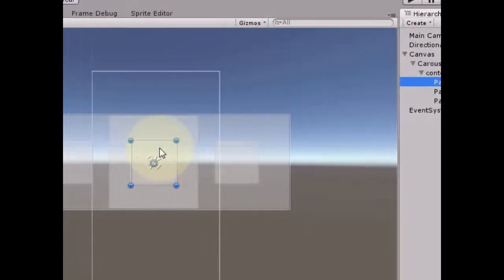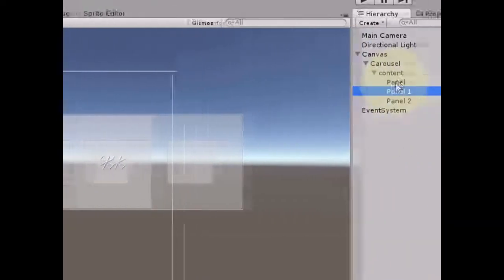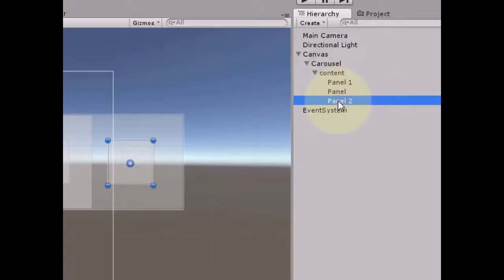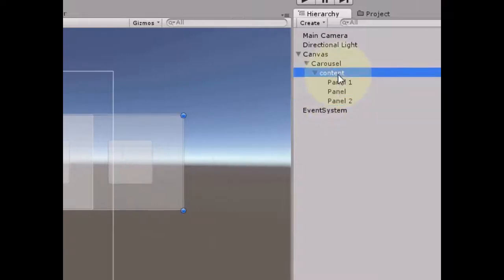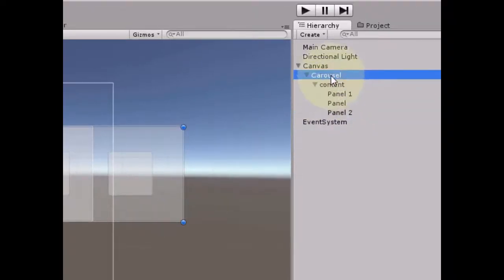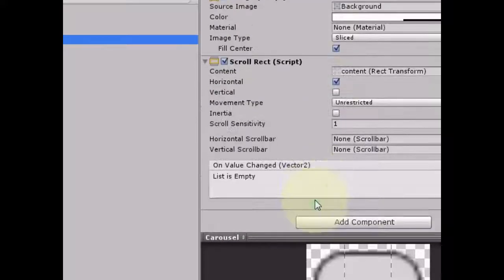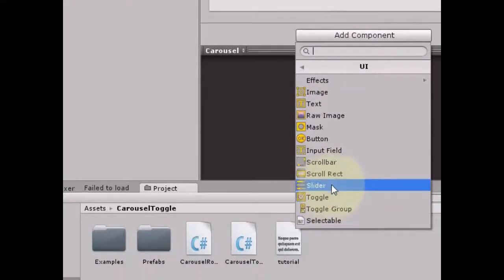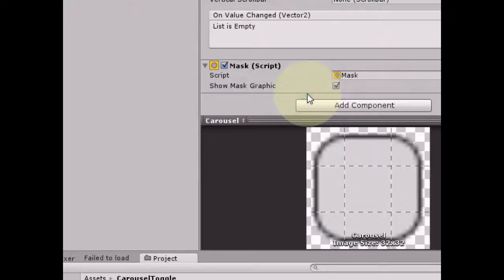So the first panel is in the middle. We want them to be in order because this is how they will rotate later. So the first panel in the list will be at the left and the last one at the right. It doesn't matter much if you do not have the rotate script, which we do not have now, but we'll add it later. So now we add a mask